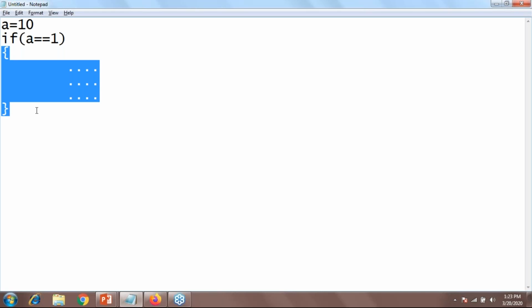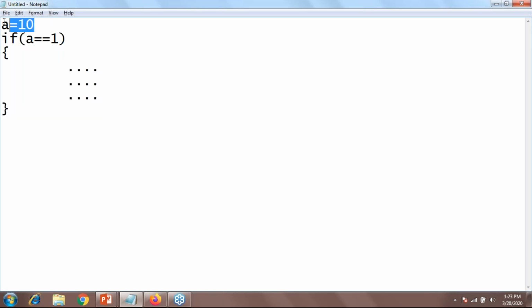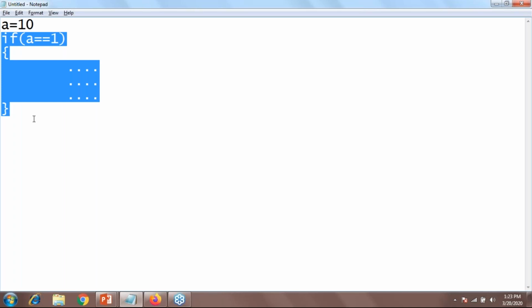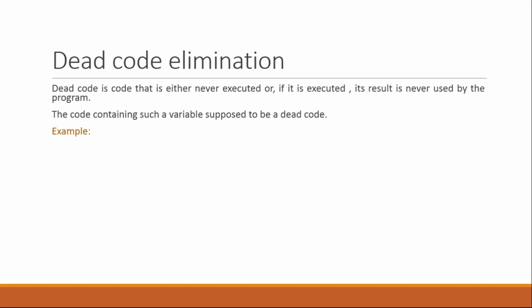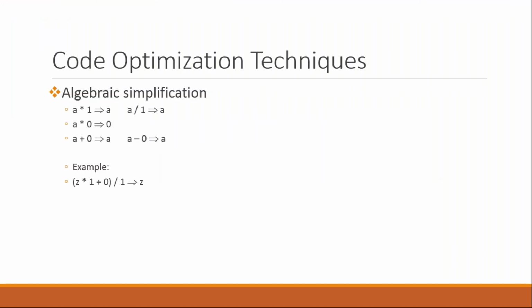So we can say that this whole code is dead code for the given program. If we assign a value equal to 10 and it is irrelevant to my next code, then these lines will never execute in my program, right? So this is known as the dead code elimination process, right?